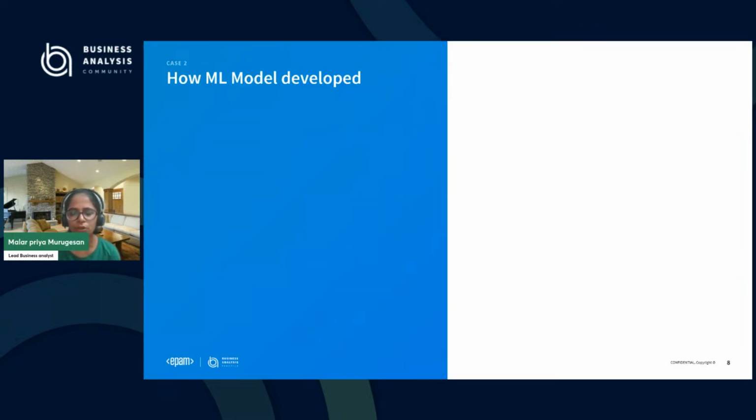Now moving on to how the model is actually developed. The first thing is, we chose unsupervised learning. The main reason is, we can't label the data. It's 8,000 characters of text, so you can't label the data. The system needs to find its own patterns and structures. Unsupervised learning is what will work best, so we went with unsupervised learning.